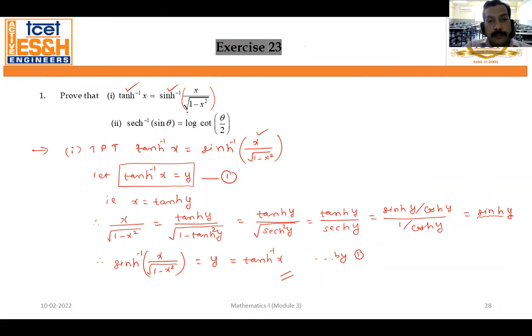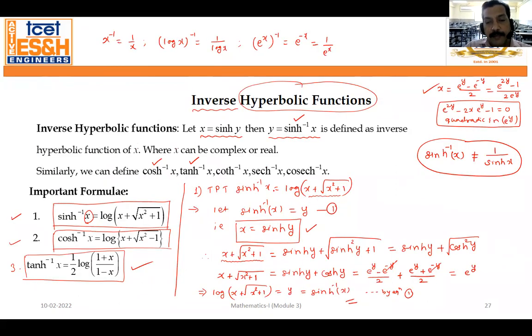क्या लगता है आपको? सिमिलर फैशन में अगर मैं sec hyperbolic inverse of sin theta को y असूम करके चलता हूँ, okay, am I able to prove my right hand side is also y? Do you think so? क्या ऐसा लगता है कि अगर मैं LHS को y असूम करता हूँ तो मैं उससे RHS प्रूव कर सकता हूँ, जैसे कि मैंने फर्स्ट क्वेश्चन में किया, जैसे कि मैंने साइन हाइपरबोलिक x के डेरिवेशन में किया।